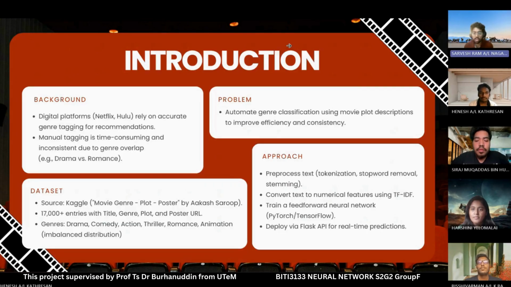Manual tagging is very time consuming and inconsistent due to genre overlap, for example between the genres of drama and romance. Then we have the problem, which is to automate the genre classification using plot descriptions to improve efficiency and